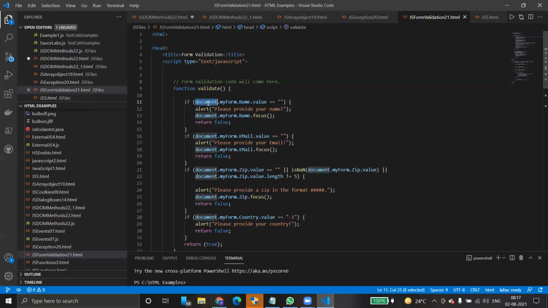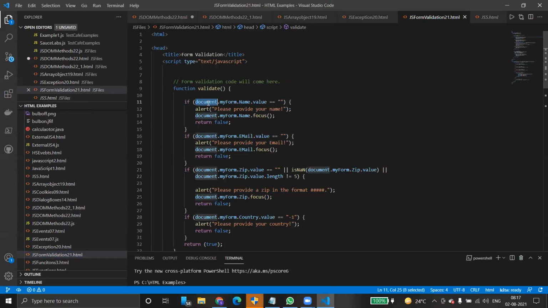Okay, document is an object. Where is this document again? This document resides inside a window basically. So the window object is the topmost element in the hierarchy, the outermost element of the object hierarchy. The next immediate element is the document object.